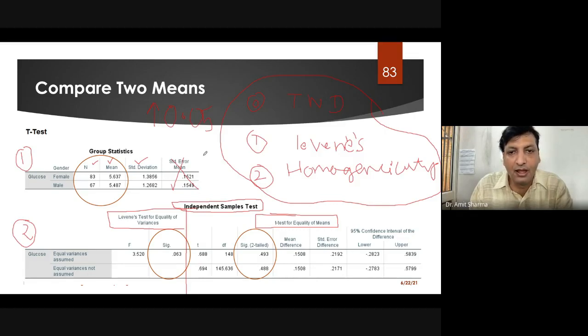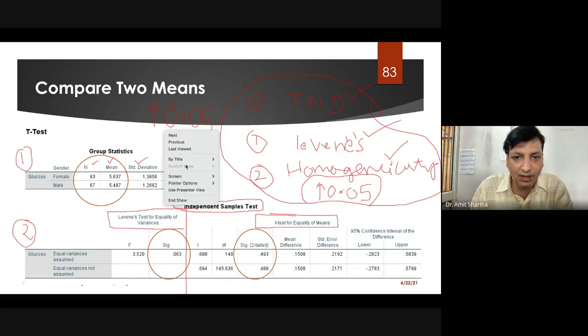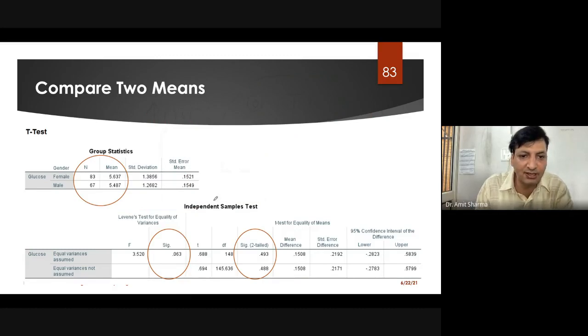So whenever we apply the test for normality distribution, and whenever we find the results of Levene's test, and the test for homogeneity, we have to find our p-value, and it should be more than 0.05. That is the standard for these tests. For all other tests, the p-value should be less than 0.05. But for these tests particularly, the p-value should be more than 0.05. So this you have to remember. Now I'll remove all these things so that we can proceed with the test results.